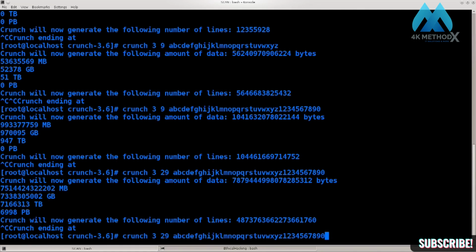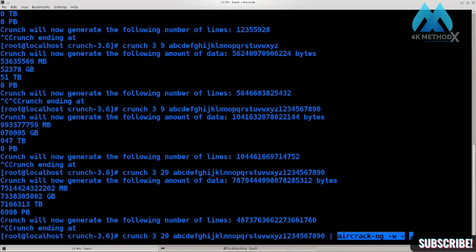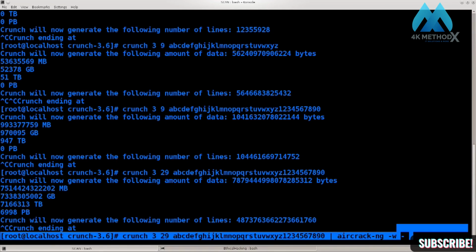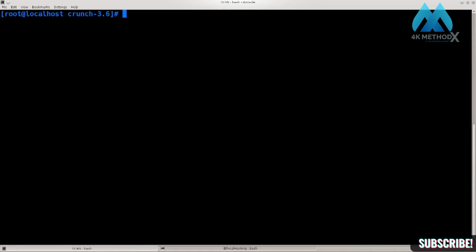and I'm just going to use my previous command. Do this, Aircrack-ng, and here I'm going to do -w-. Excellent. So now Crunch will not save these things. They will simply go to standard output, and Aircrack will pick them up from standard output and utilize them in order to basically break the encryption of a capture file that we will later on capture as well. So this was just an example, a post-installation example of why, and an explanation of why we needed to install